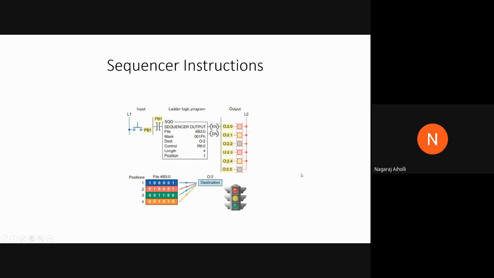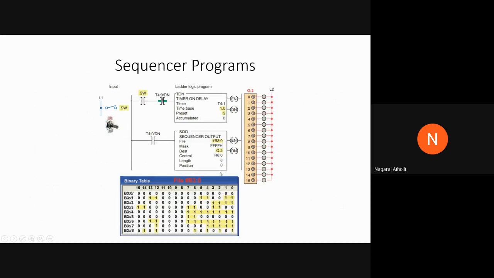We have taken a few examples, such as sequencer instructions. We have discussed how the shifting takes place from the source to destination. Then one more example we have discussed on the sequencer program, which is a combination of the timer and the SQO instruction.